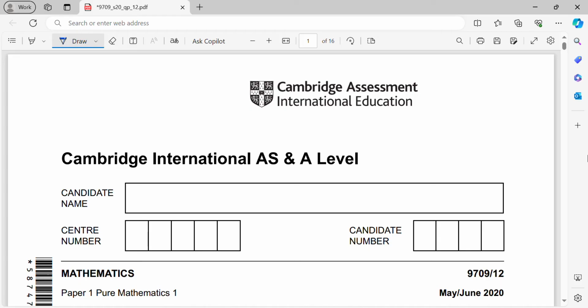This video is to discuss Cambridge International AS and A-Level Mathematics Paper 1, which is the pure mathematics one for May-June 2020, and the code is